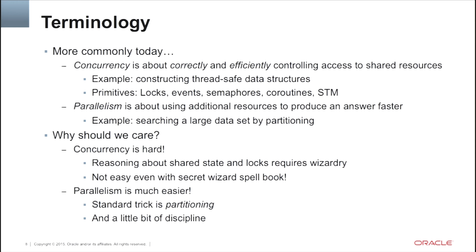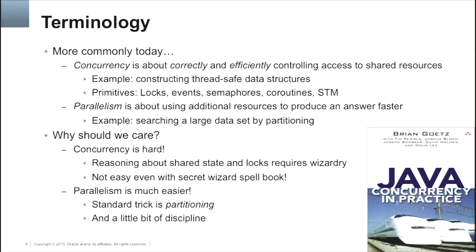Looking at your code and making sure you have no data races, that's really hard, right? That's still something for experts. Even if you have the secret wizard spell book, it's still hard, right? We would much rather not have to use almost anything in this book, right? We would much rather be able to write code that is just so obviously correct we don't have to think about it. And parallelism is a lot closer to that because the primary trick that we use in parallelism is